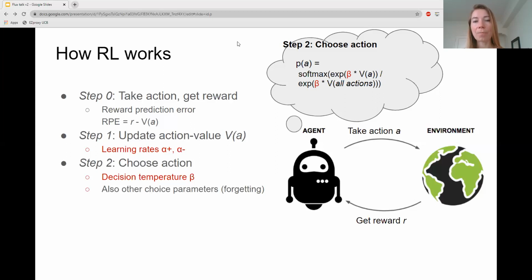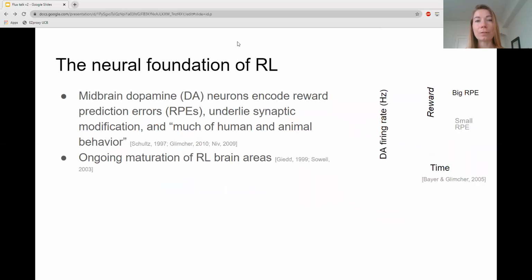An important thing to note here is that in RL, learning, so updating action values, and decision-making, so choosing actions, are two separate steps, and each is controlled by its own parameter. This means that even when learning is perfect, decisions can still be bad. In other words, RL models take into account that we can't observe directly what a learner knows. We can only observe what actions he or she chooses. By using RL models, we can reveal both aspects, learning as well as choice.